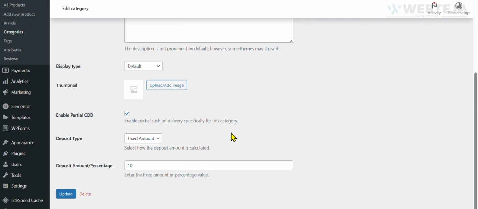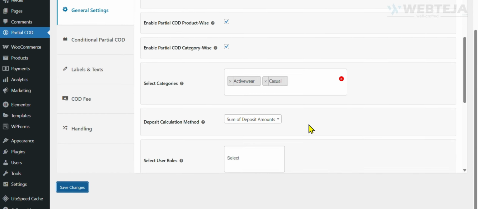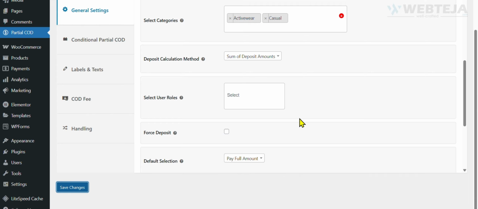Again, these settings follow the priority system where conditional rules override product settings, which override category settings, which override global settings. Let me walk you through some additional important settings. Deposit Calculation Method. This setting determines how to calculate the deposit when multiple products have different deposit amounts. Choose between Sum, which adds all deposit amounts, Average, which calculates the average, or Highest, which uses